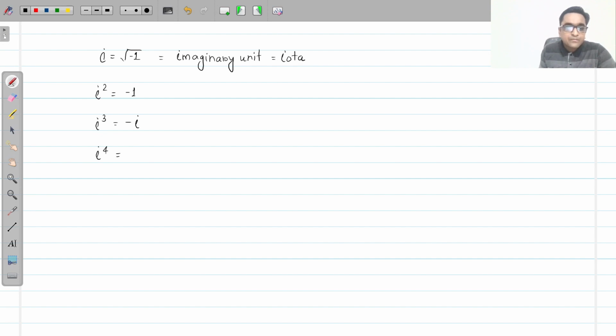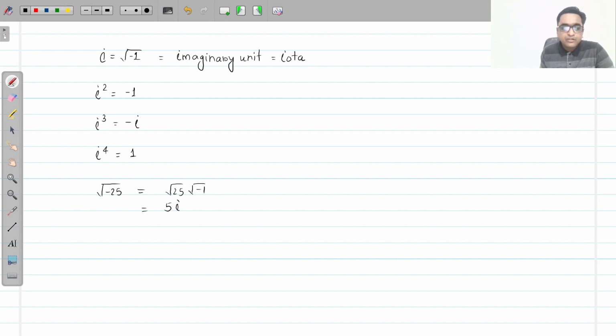Multiply by i, that is 1. What is here? i squared, that is 1. So i is a simple number which we denote as the square root of minus 1. So this imaginary number, we can simply write the square root of minus 25 as the square root of 25 into the square root of minus 1. Okay, so the square root of 25 is 5, the square root of minus 1 is i.